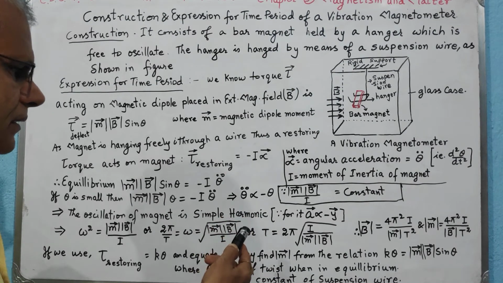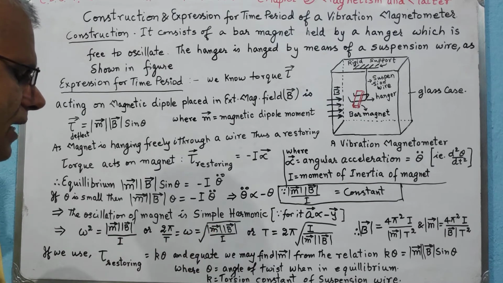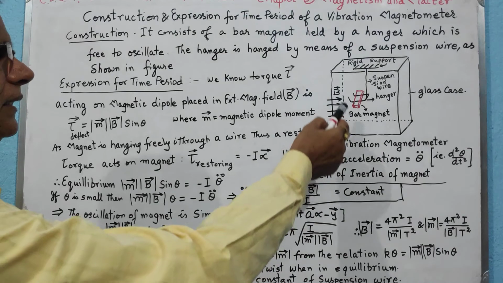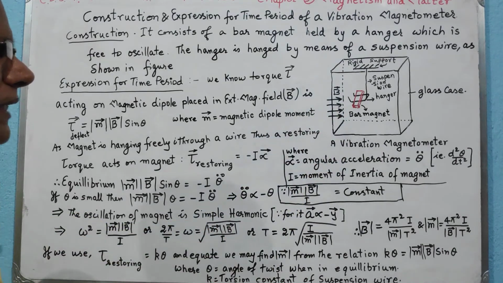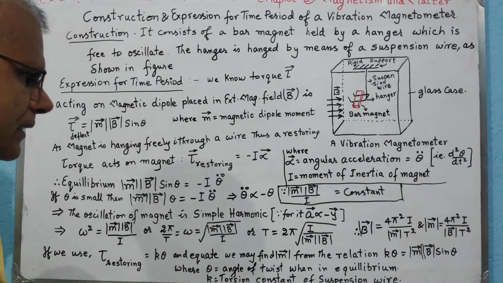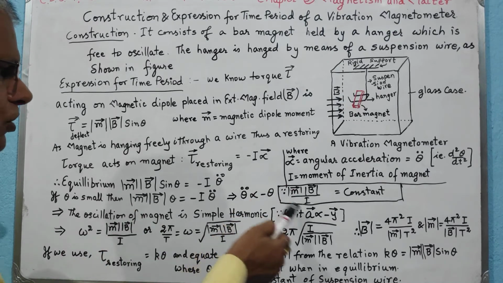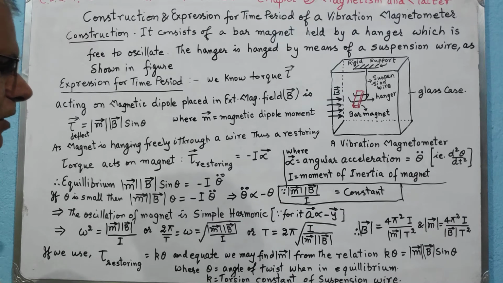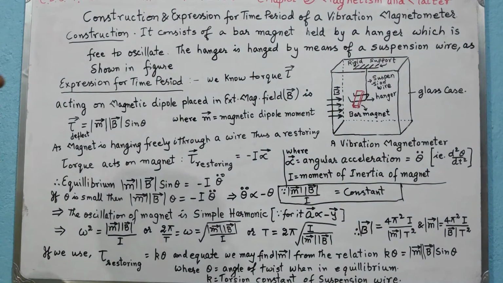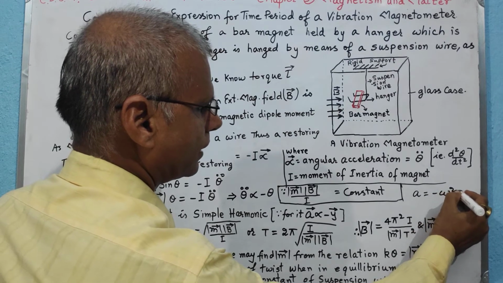And this relation is the famous condition for simple harmonic motion, and therefore now we can say that the bar magnet oscillating under the influence of an external magnetic field will have a motion which is simple harmonic. And once this is confirmed, we can understand that this constant must be equal to omega square, because if you remember the relation we derived in class 11, the simple harmonic motion acceleration was found to be equal to minus omega square y,